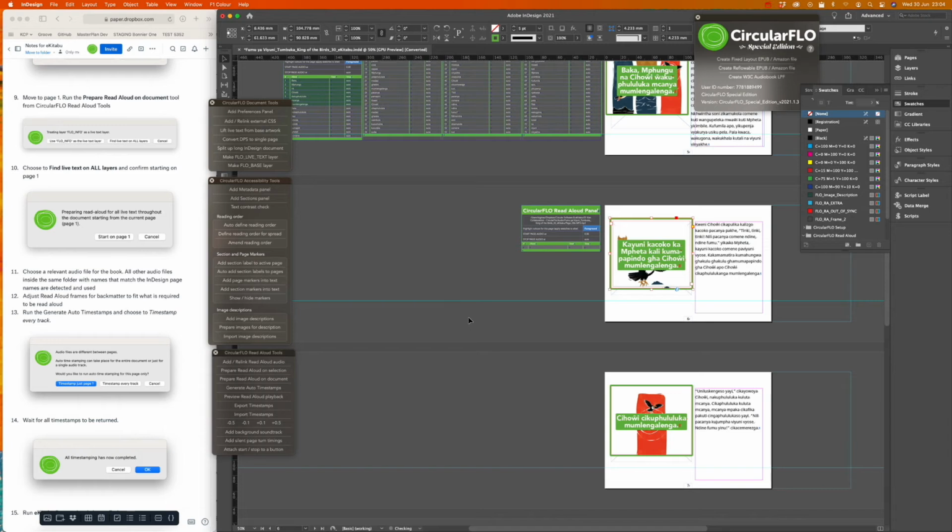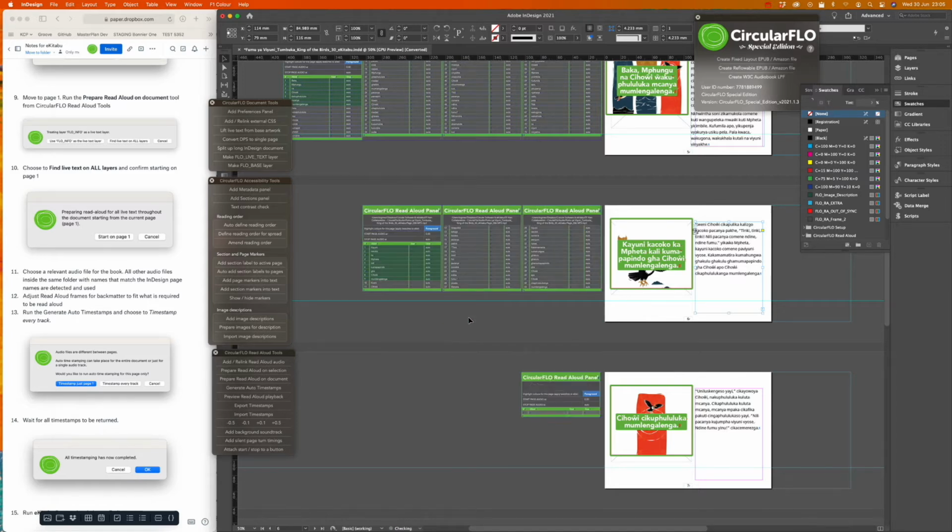We could change the pasteboard to make a bit more room. You can see how it's making room for itself, but if we wanted to extend the pasteboard a little bit vertically, then we wouldn't have so many columns in these panels. And some of the documents have got less words, so maybe I could have picked one of those. It would have been a bit quicker, but it's pretty speedy how it's going through and identifying all of these, and it's dropping in the right audio